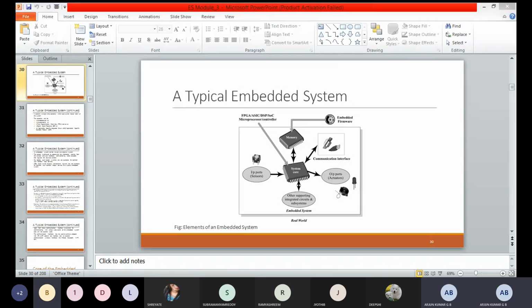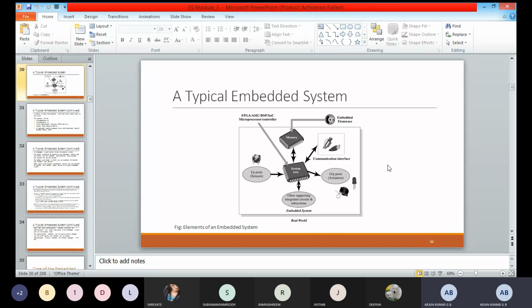See, in the microprocessor, we have different types of microprocessors used in this embedded system. It may be Intel 4004 or Intel 8080 or some Motorola. No issues. We will discuss in detail the microprocessor and microcontroller, what types of microprocessors and microcontrollers are used in the embedded system, in the next slides.